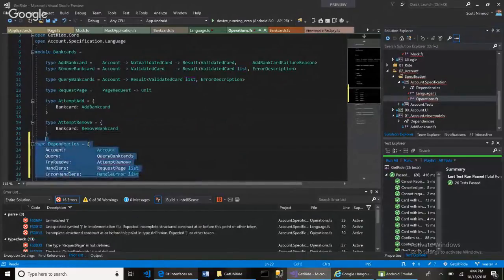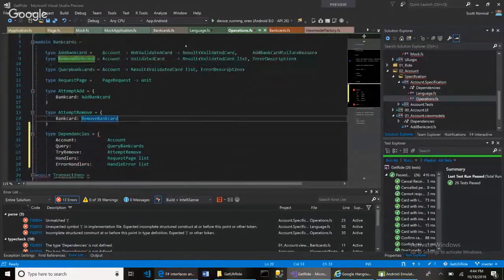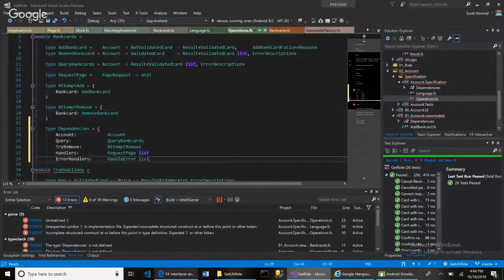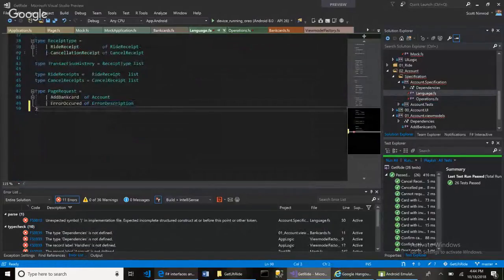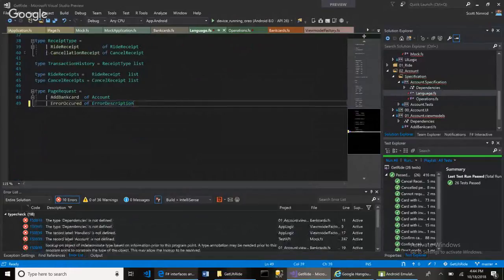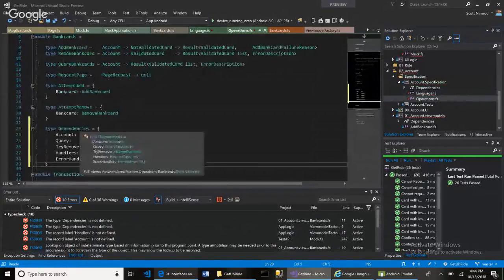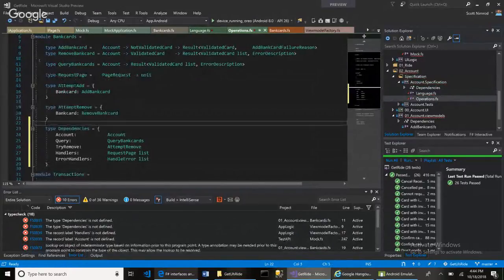Something like that. So if I have my dependencies there, then I should be able to say,